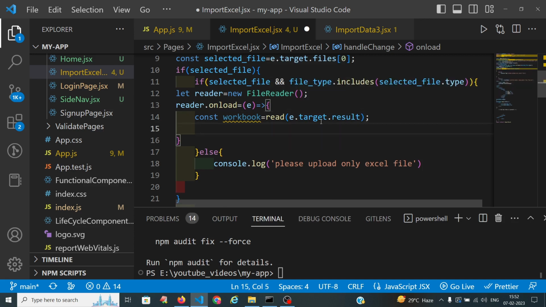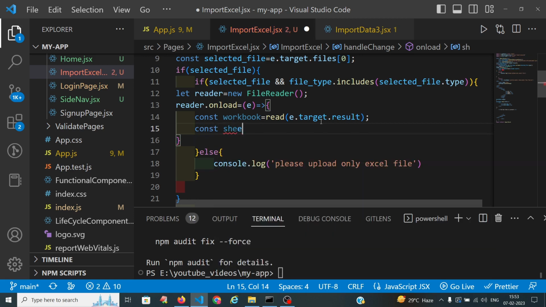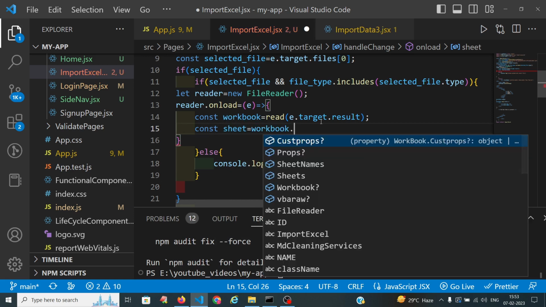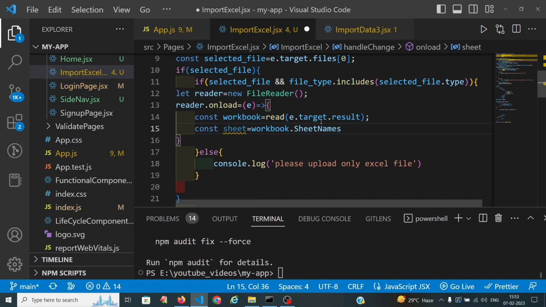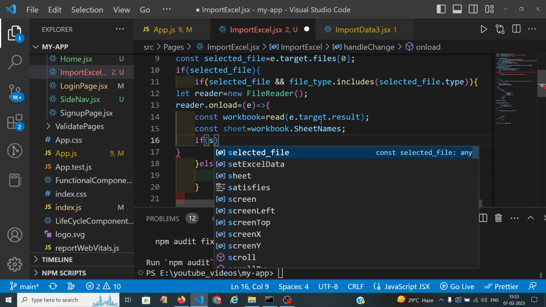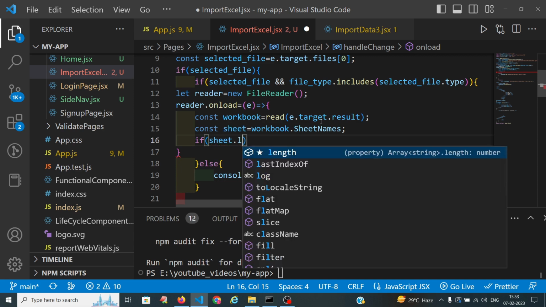So we have to select our sheets. Automatically the names present are in the form of Sheet1, Sheet2, Sheet3, like that. So we'll take one sheet, which is the initial one. For that we will take a constant, sheet, as a name. So workbook dot SheetNames, which we are taking now, if the length is present, without being empty,